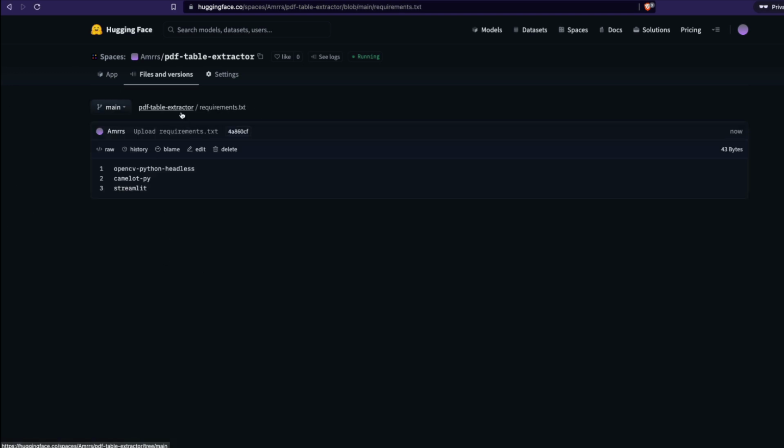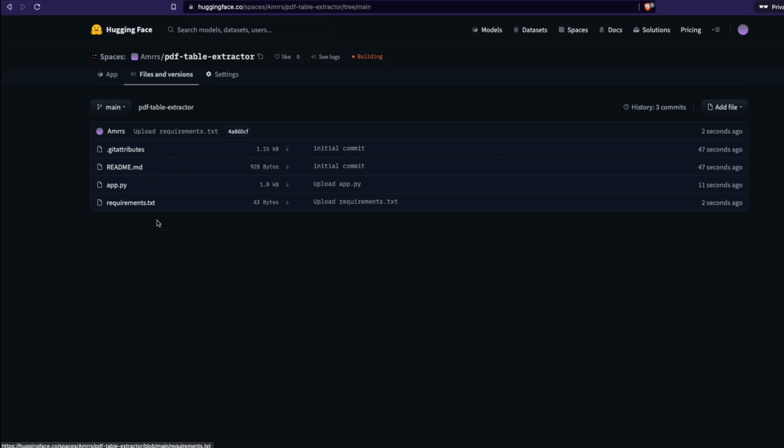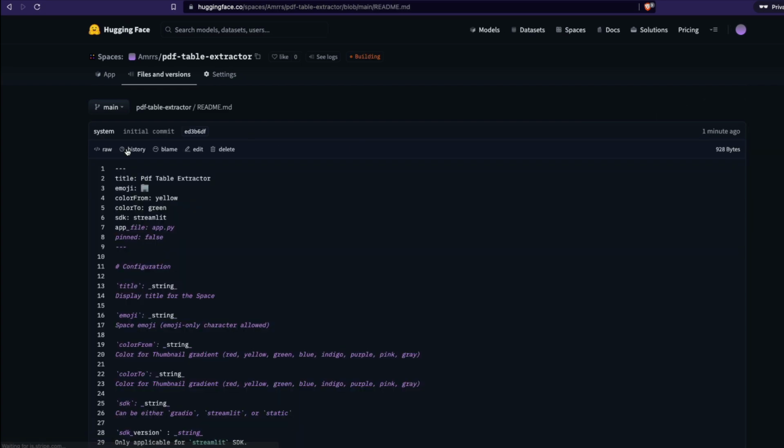At this point, you can see that our code base contains four files. Git attributes is to deal with LFS. If you want to remove any particular file you're going to upload, you can deal with those things. readme.md is if you want to give any information about this particular package, but otherwise it has this YAML file to tell Hugging Face Spaces that you have uploaded a Streamlit file and the app file name is app.py. If it is a different name, you have to go change it.